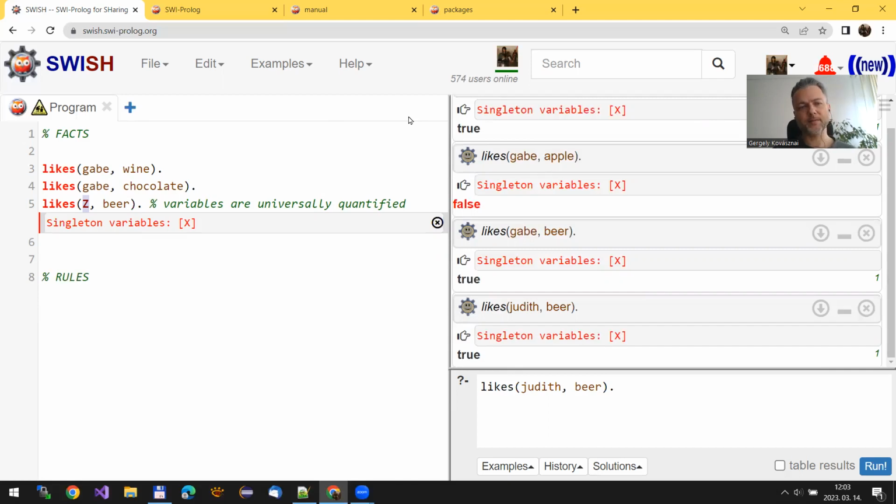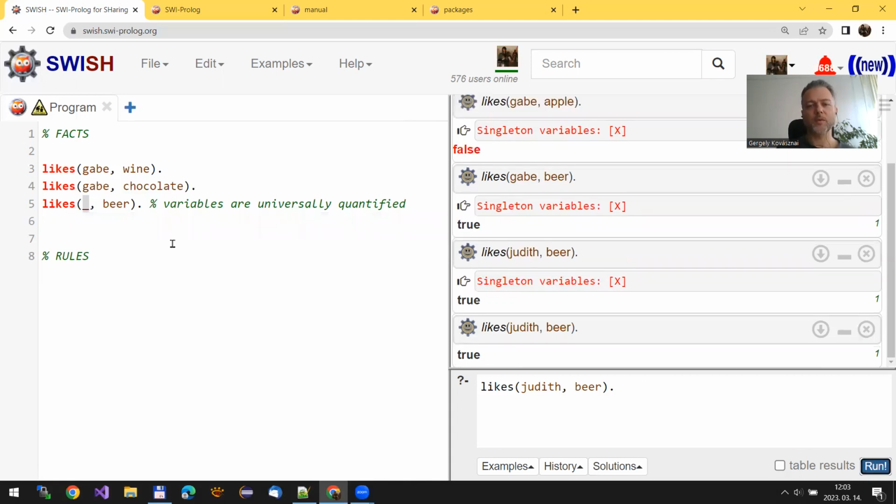In this case, you should use an anonymous variable, a variable with no name. This is provided to you by the underscore symbol in Prolog. This underscore symbol is a nameless and anonymous variable. And everything works the same, but I got rid of the error message for sure.